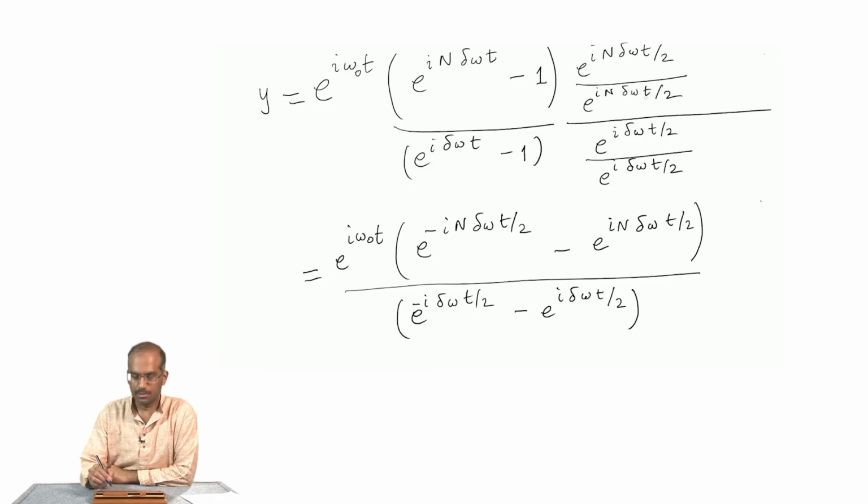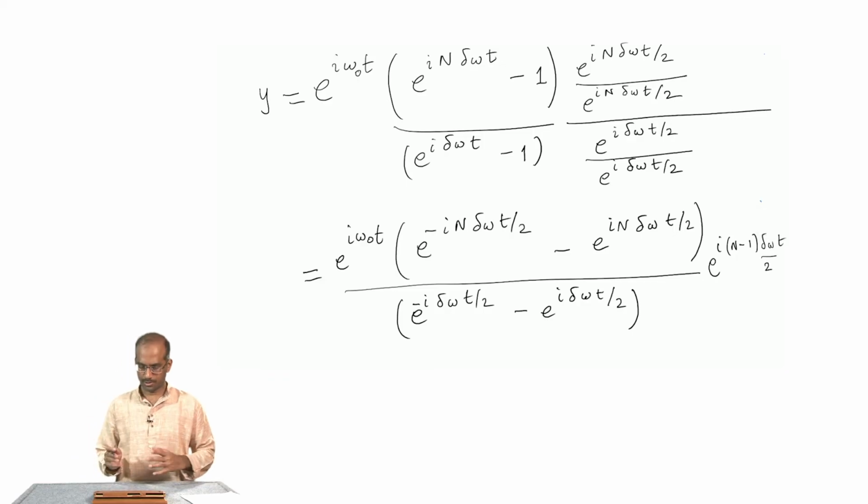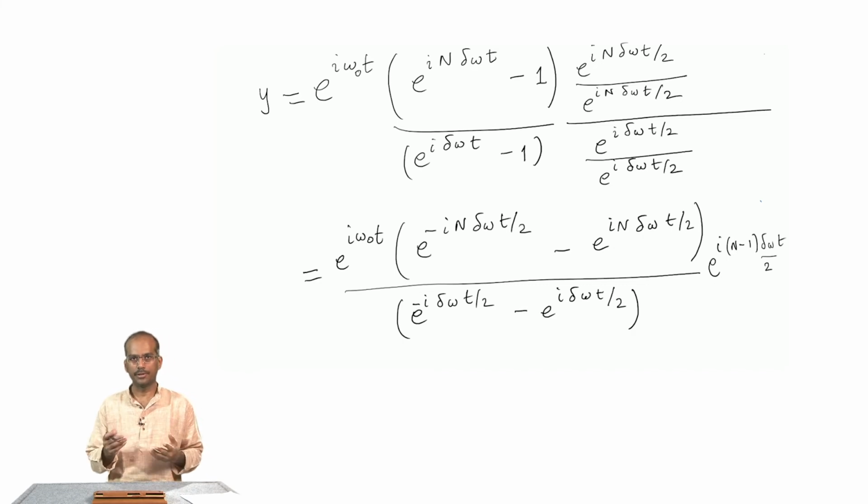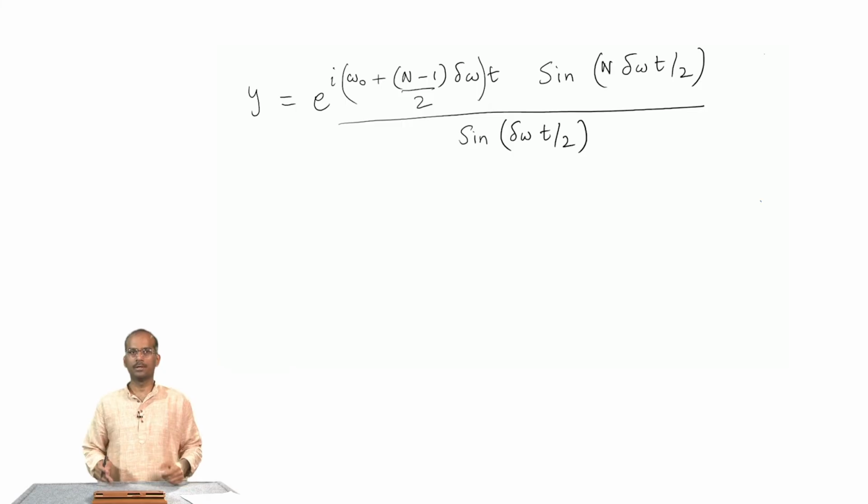And of course, the numerators here are still there. So, they will generate for me e power i into (n minus 1) into delta omega into t divided by 2. So, this is the expression that I have. Now, it is clear what to do, especially from the structure of the summation that we have. Multiply and divide by 2i, and these two terms within the brackets in the numerator and the denominator would become a sine function. If I factor that in, I can simplify this expression. So, I have the final result in front of me.